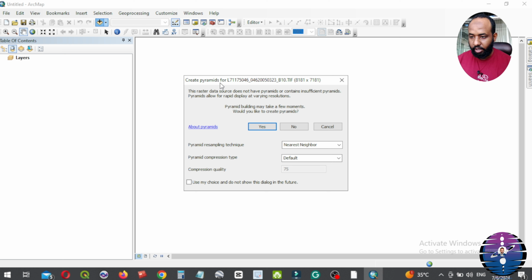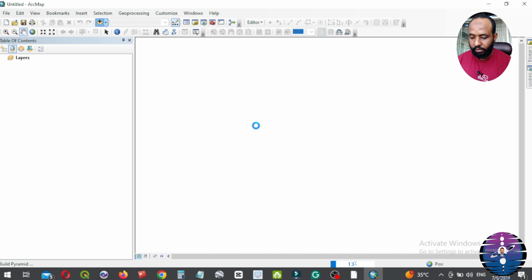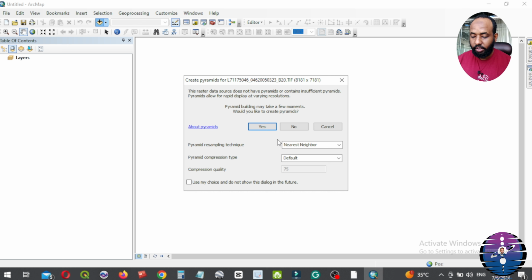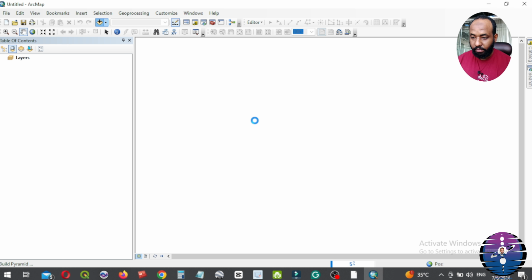Here, create pyramids for TIFF 1. Yes. By the way, spectral TIFF images 6 1 and 8 are used for studying volcanoes, if they are present.